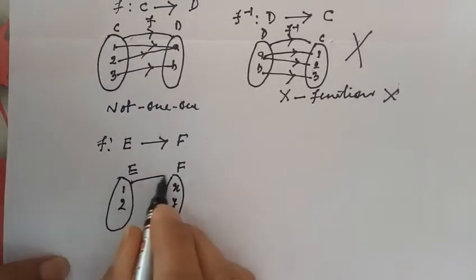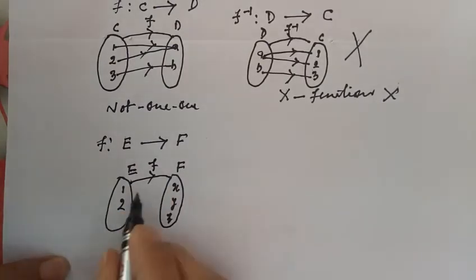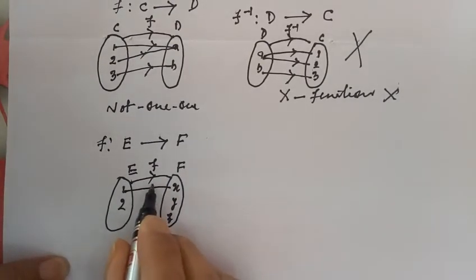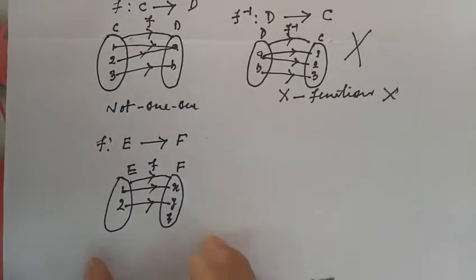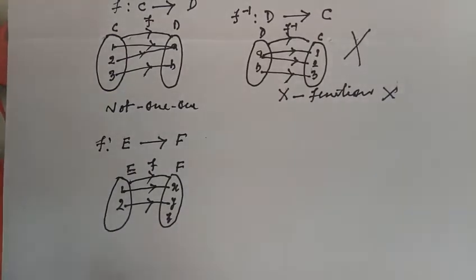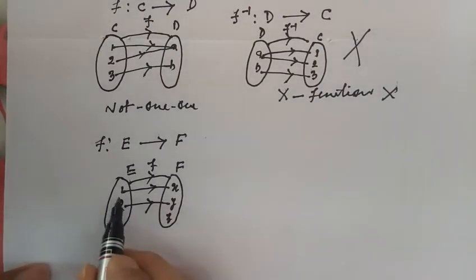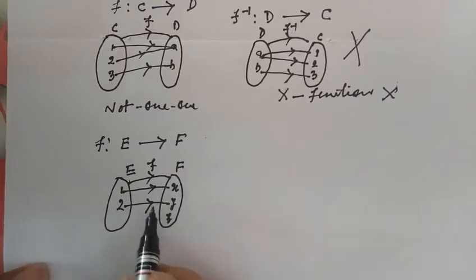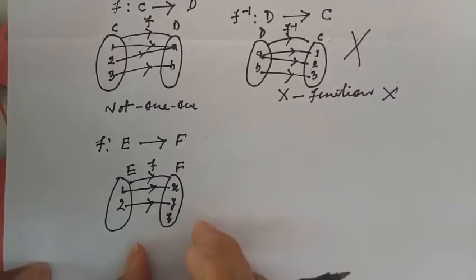Okay, map. I relate 1 with x, 2 with y. Now I'll see this function is 1-1. This function is 1-1 because every element has a distinct image, but this function is not onto